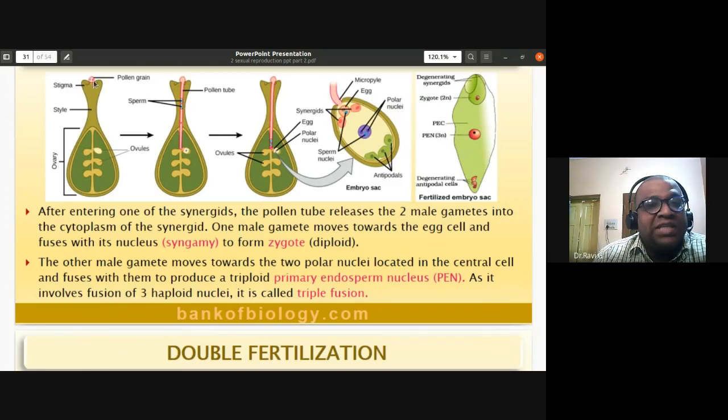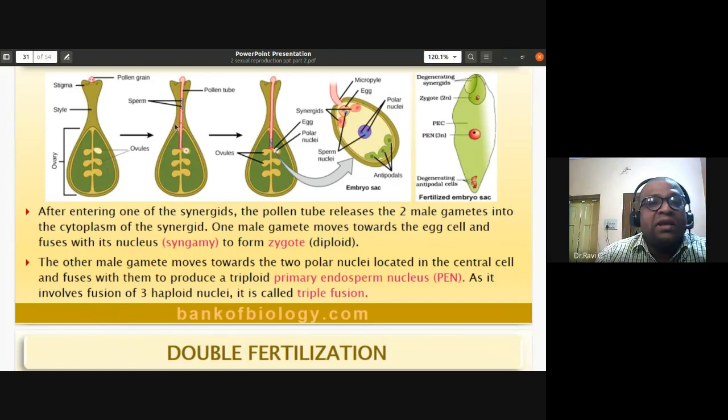If it is a three-celled pollen grain, when it undergoes germination, it is a ready-made pollen grain, as I used to tell you, because they already have male gametes produced. So the pollen contents in the pollen tube would be the vegetative nucleus, vegetative cytoplasm, and two male gametes. The pollen tube grows and along with that the pollen grain contents are moving. The male gametes are non-motile. They don't move. So how do they reach the ovary and ovule? It is by the growth of the pollen tube.